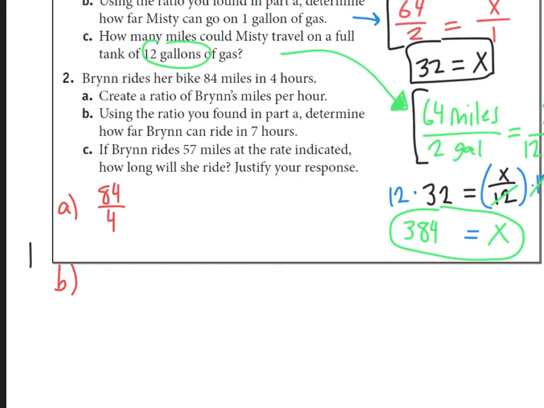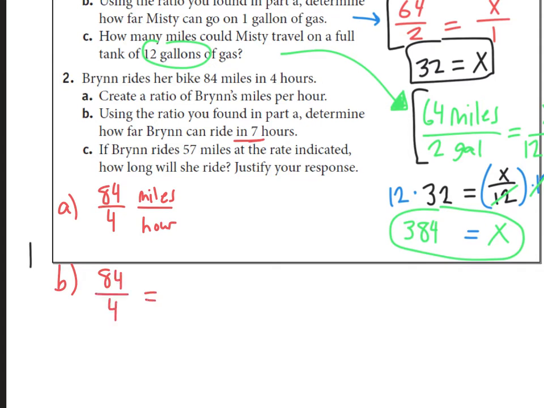So let's use that ratio that we just found to determine how far Bryn can ride in 7 hours. Sometimes it helps to put the units in here. The miles was the numerator, hours the denominator. If she were to ride for 7 hours, how far would she go? So I'm going to take that ratio, I know 84 miles goes to 4 hours,